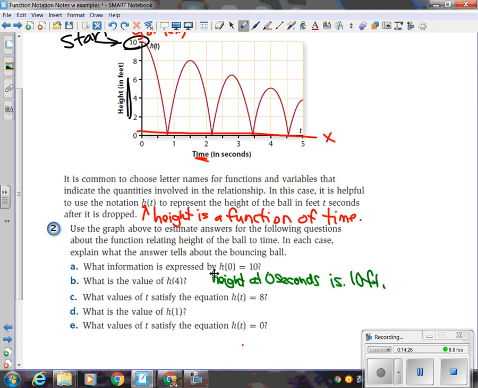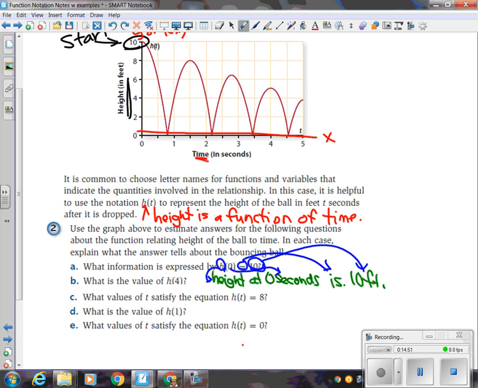Did I take it step by step? H is the letter what? Height. 0 is what? Seconds. What's an equals? Is. And then 10 is a feet number. Does everybody see what I did? I just wrote it out in words what that little phrase meant. Okay, it's making meaning. All right, you can tell me what B is.